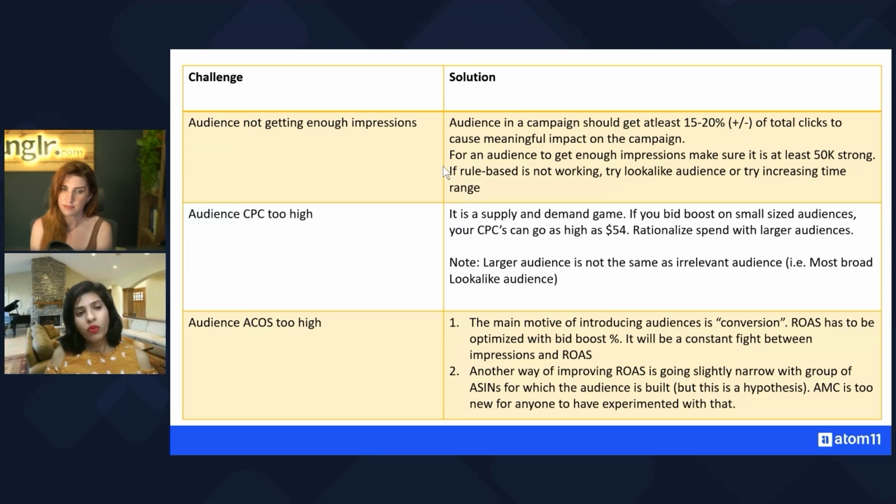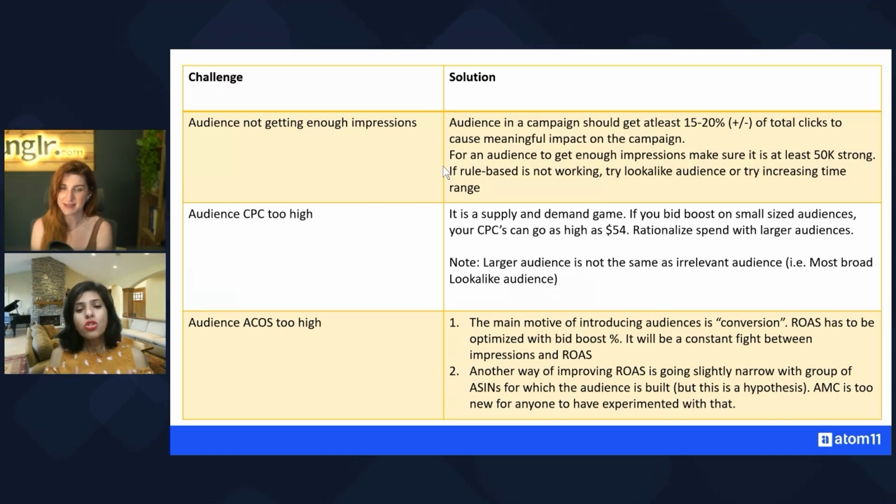The second thing that you will face is that CPCs are too high. Now, this is just my hypothesis. I think it's a supply and demand game because if there's an audience that you are going after, a lot of times many other people would also be going after that audience. I have seen audience CPCs go as high as $54. I have seen other groups where people have shown, you and I are on a group, shown us $110 of